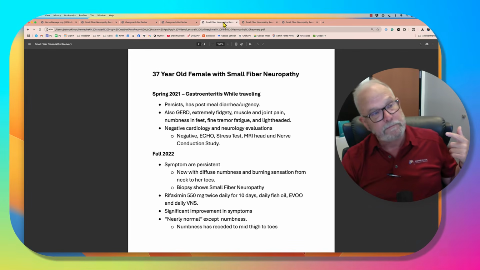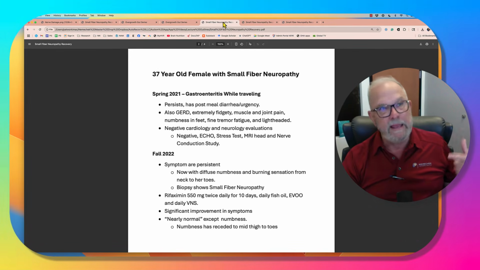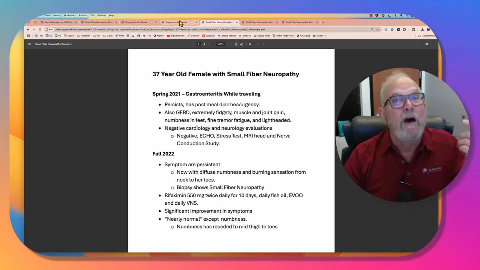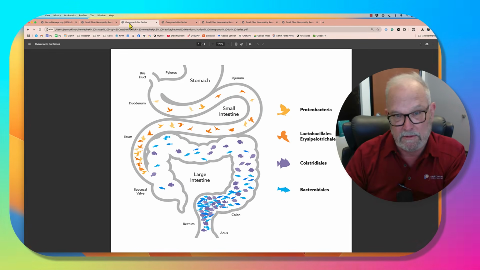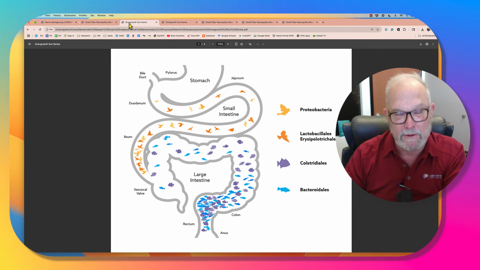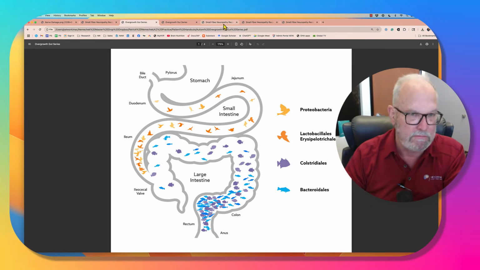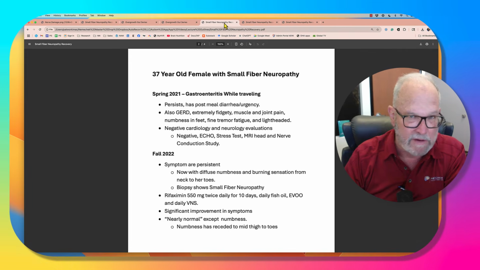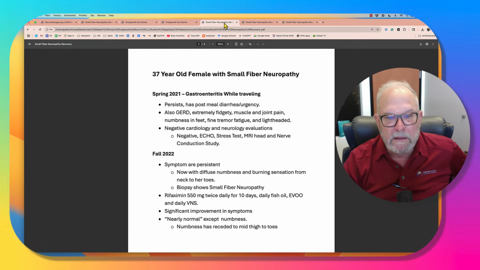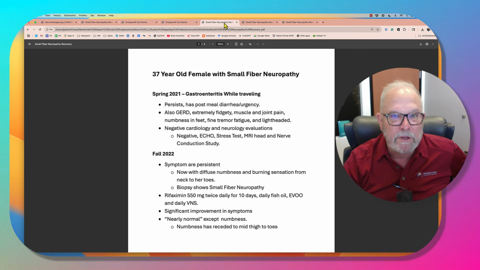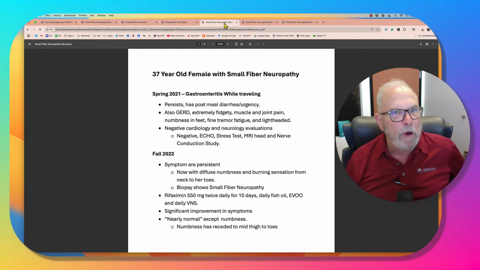Now, people, again, they say, how do you know you have SIBO? The only thing rifaximin can do is take SIBO and make you normal. So if you give it to somebody and they're better, you had SIBO. You don't need any fancy testing, okay? That's all you need. And she had really a significant improvement in her symptoms, and she was almost normal except